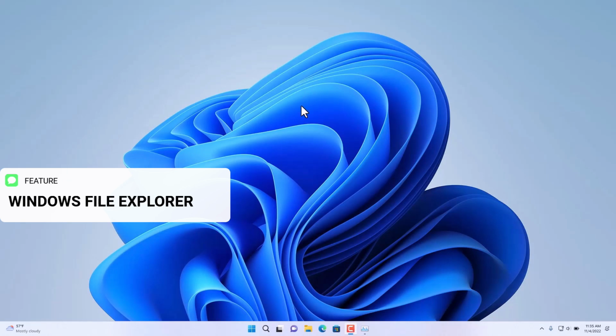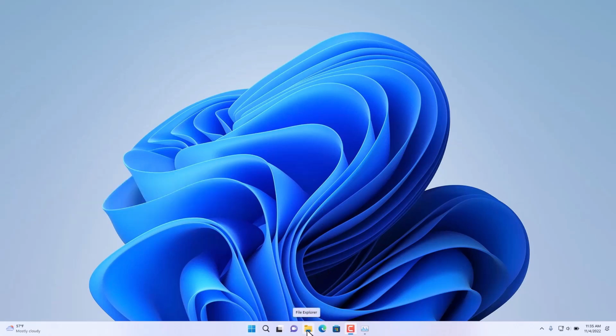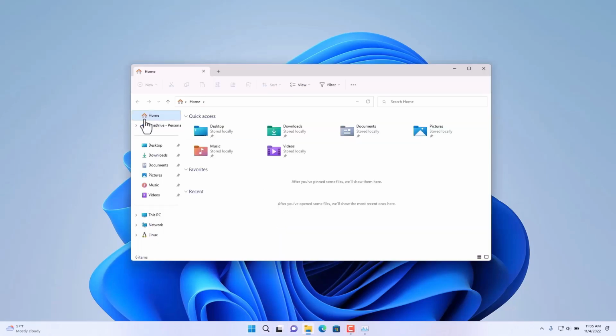In this session of the Windows 11 tutorial, I'll demonstrate how to use File Explorer in Windows 11. File Explorer is a tool for navigating the files in your computer. To access File Explorer, click here on File Explorer from the taskbar, and then on the left-hand side, we have